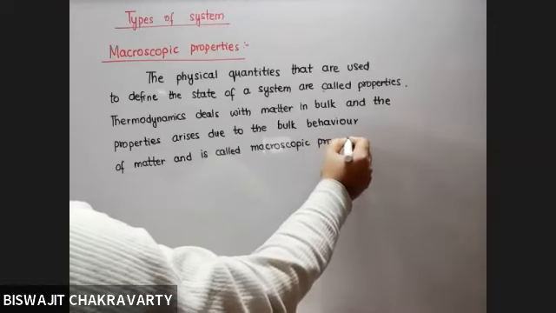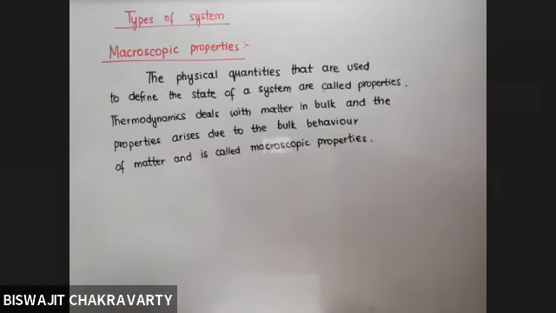So here we are not saying about large size. Here we are talking about large quantity. Whenever we talk about thermodynamic properties, we never talk about a single particle or a small number of particles. We always talk about bulks, in large numbers. And because the topic relates to large numbers, we call the properties macroscopic properties. So it's not a property of a single entity, but always a property of large numbers.